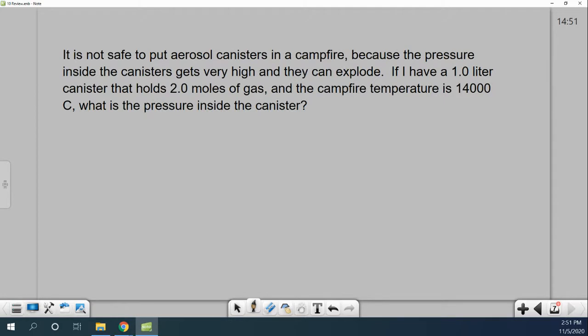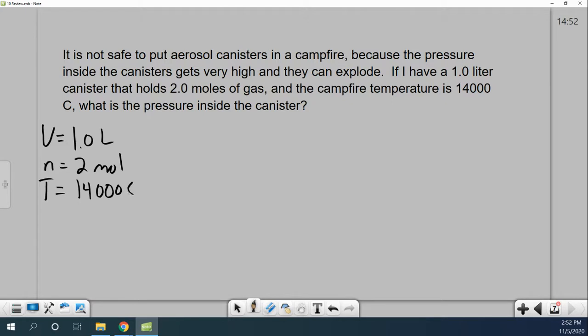All right, last one. It is not safe to put aerosol containers in a campfire because the pressure inside the canister gets very hot and then they explode. You're going to have a bad day. So I've got a 1-liter container. And it holds 2 moles of gas. The campfire temperature is